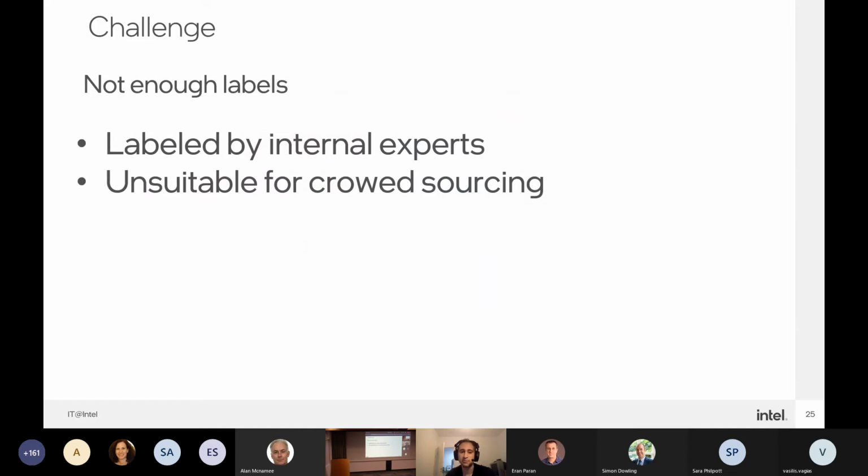Labels in this case are expensive. We can't just use crowdsourcing to get labels. When I mean labels now, I mean the profile of the companies. The reason is that if you ask a company what it does, it sometimes tells you, oh, we do everything. But in reality, they specialize in only several things. And also the taxonomy is different. We have specific labels that are relevant to us. And therefore, we want the companies to be labeled by our internal experts. And this is a bottleneck in that sense.